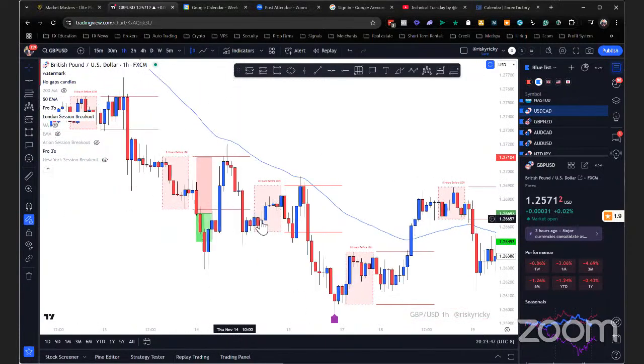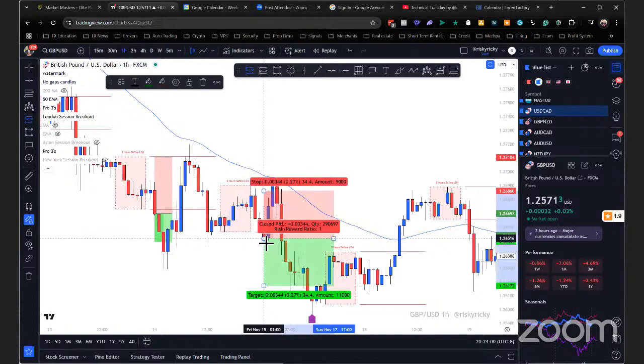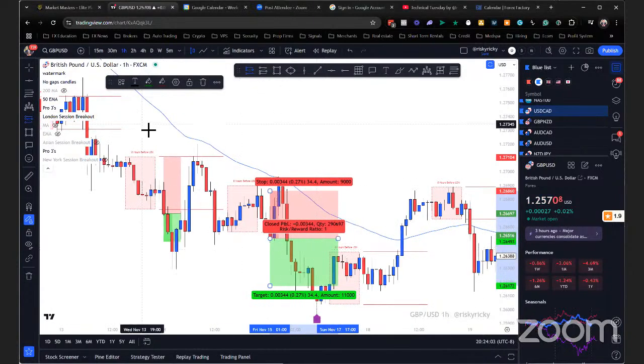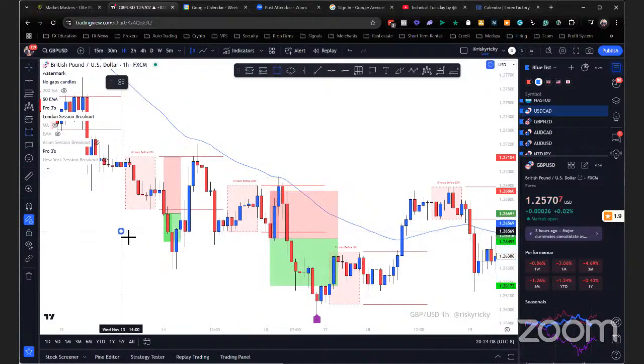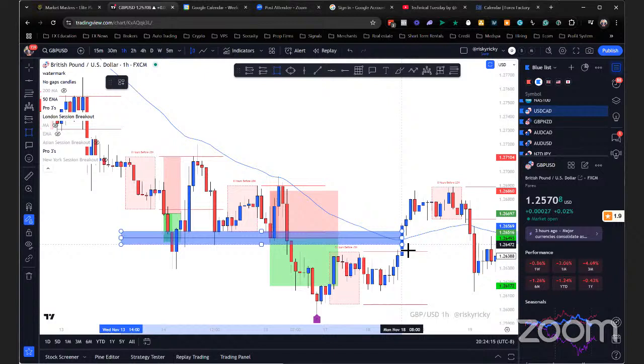Okay, so here's an example. 8 hours before London, we have 1 candle, 2 candles, 3 candles right there. It breaks below, so that's indicating a sell position, correct? Why would you get in for a sell position here? We have major areas of support right there. It hasn't broken these levels of support, so why would we get in for a sell right there? Make sense? This is how you just become a better trader overall using this strategy here, improving your win rate.